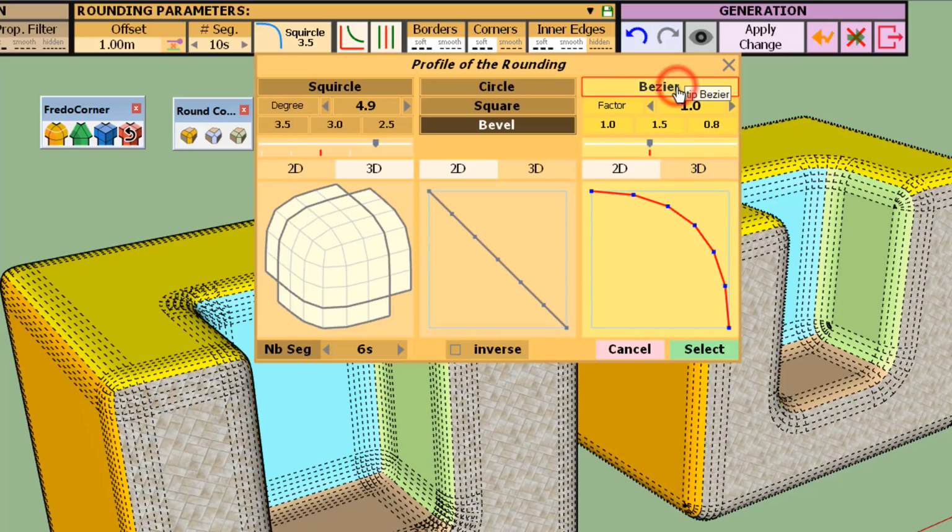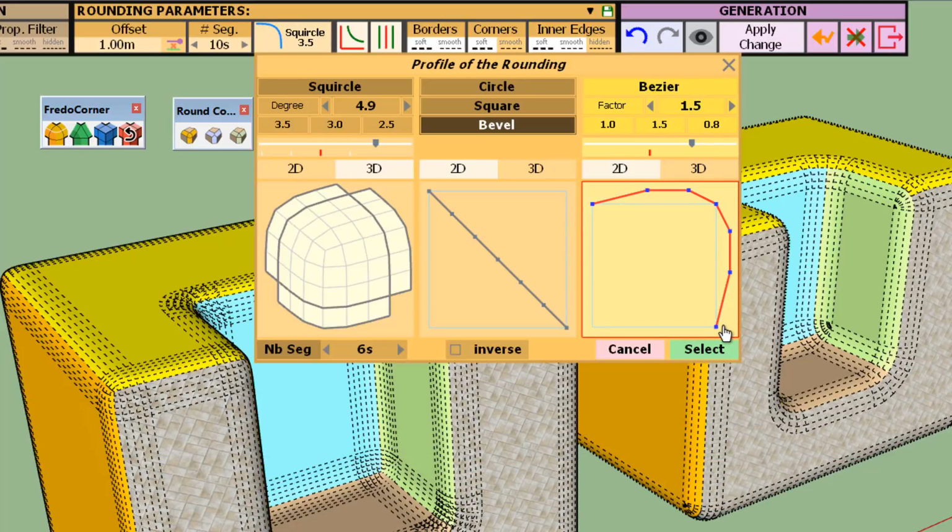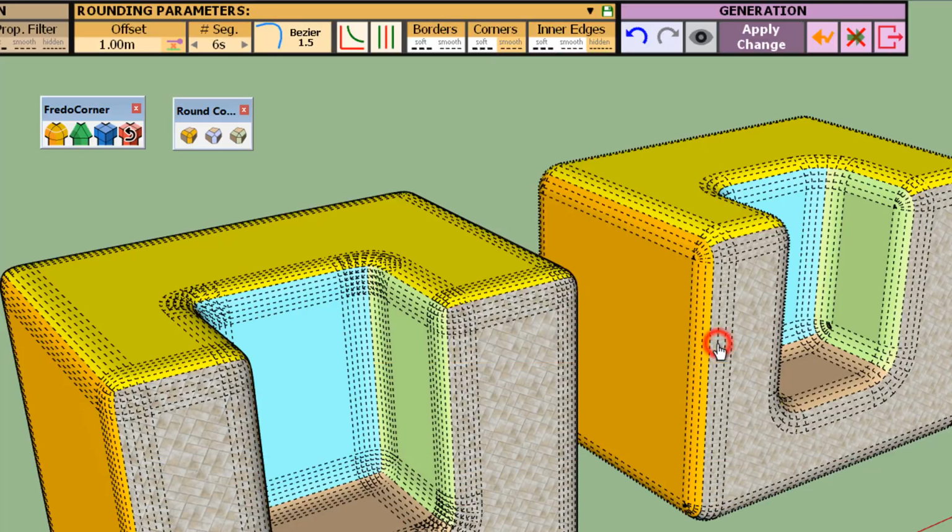The last family is Bezier, which is controlled by a factor. If you have a factor of 1, it is roughly an arc of circle. If you increase this factor, you get a more interesting profile, which is kind of bumping. Let's select it and see what it gives.